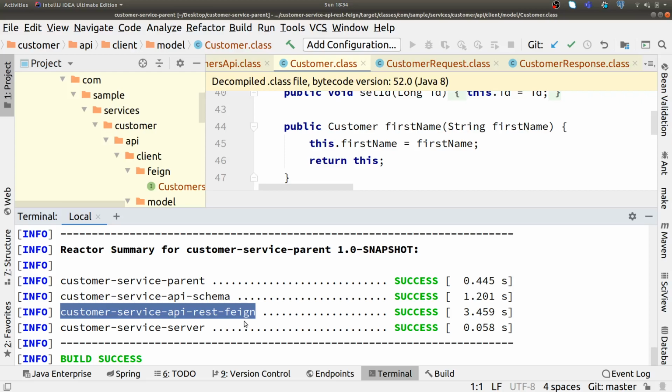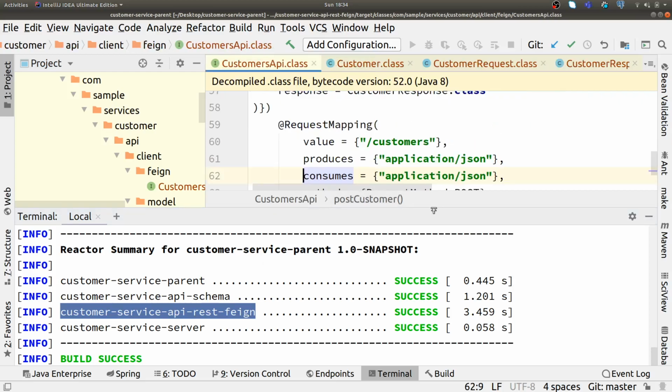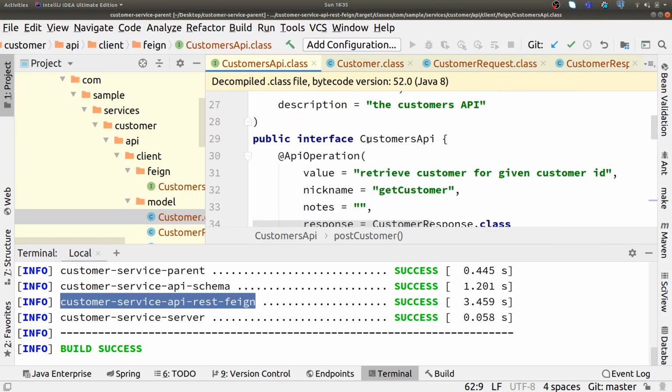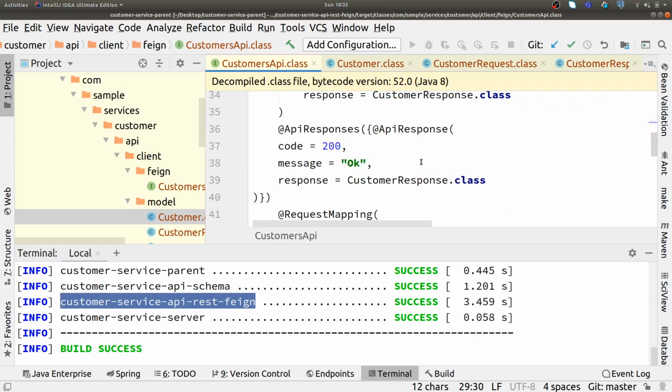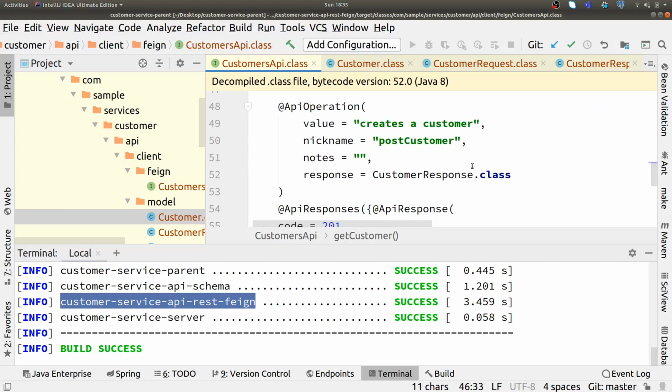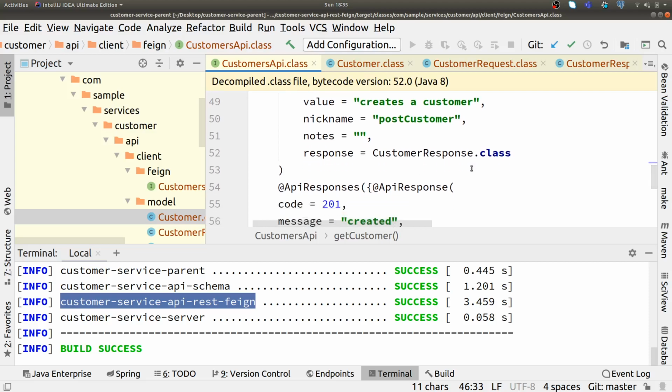Also, if some other service wants to call our service, they just need to include the same Maven module dependency in their project, and then they can easily call our methods by autowiring the interface. They can just autowire this interface and directly call the methods to execute some operation on our microservice. This I will show you in detail in the coming videos.